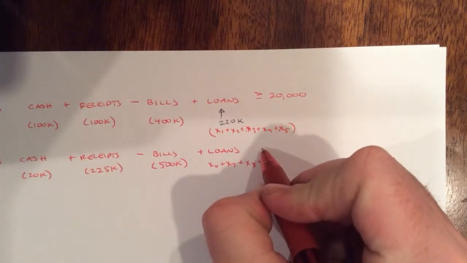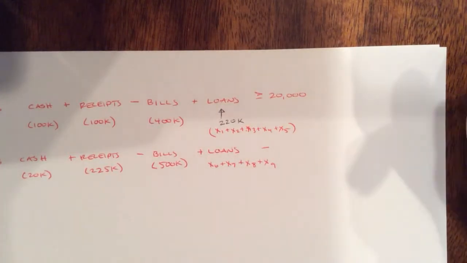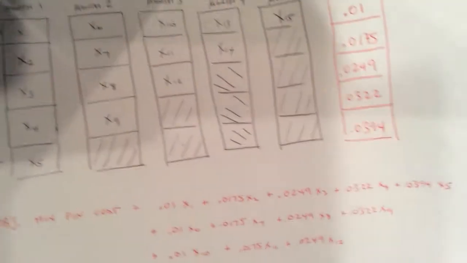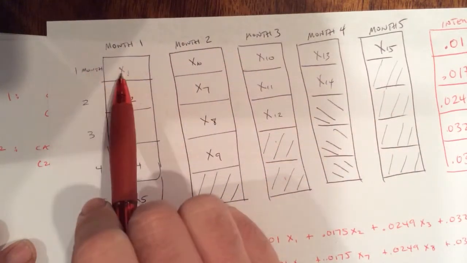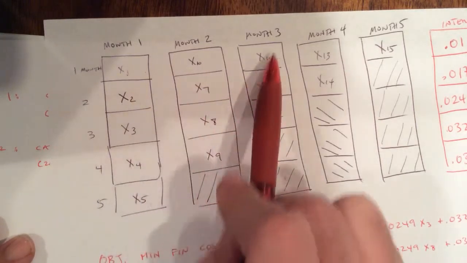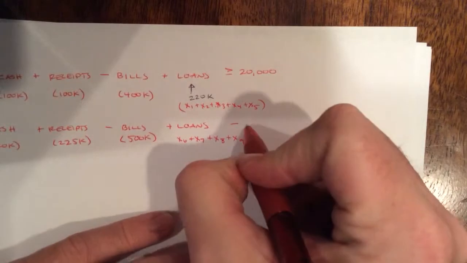But we also now have to pay back some loans. So that's going to take cash that we have to give back to the bank. Well, which loans are due the first month? If we go back to our defining our variables, in month 1, X1 is due as a 1-month loan, so that's due at the end of the 2nd month. X2 is a 2-month loan, so that's not due till the 3rd month. So all that we have is a repayment